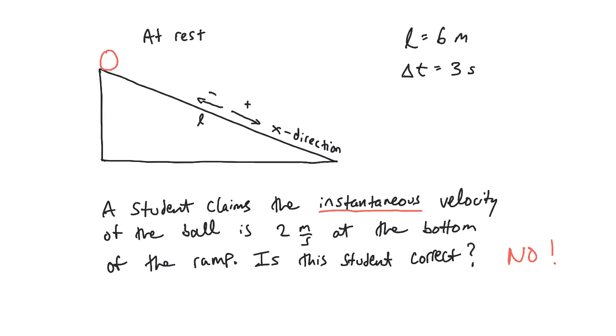That's not the purpose of this video. But you can reason that it speeds up, and so it's going to be traveling at different speeds as it goes down. So if you just divide these numbers, 6 meters by 3 seconds, you're always going to get 2 meters per second, and clearly it's not always going at 2 meters per second because it speeds up. It could be that you just get lucky with the math, and if you divide the length of a ramp by some time, it would always give you the speed at the bottom. That doesn't end up being the case with the laws of physics. But it would be a good guess. So let's see what's going on with this difference between instantaneous velocities and average velocities, and really how to do this properly.